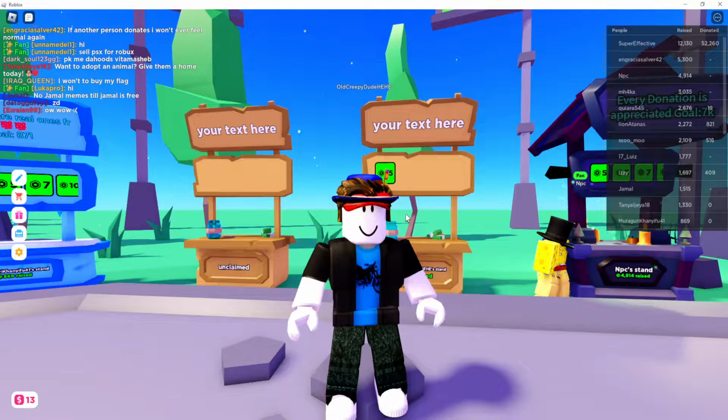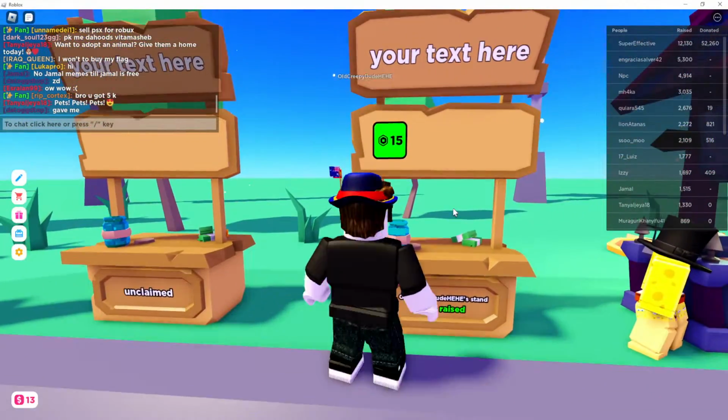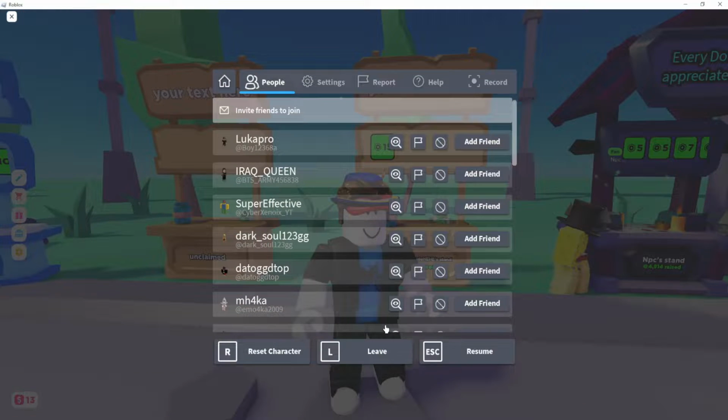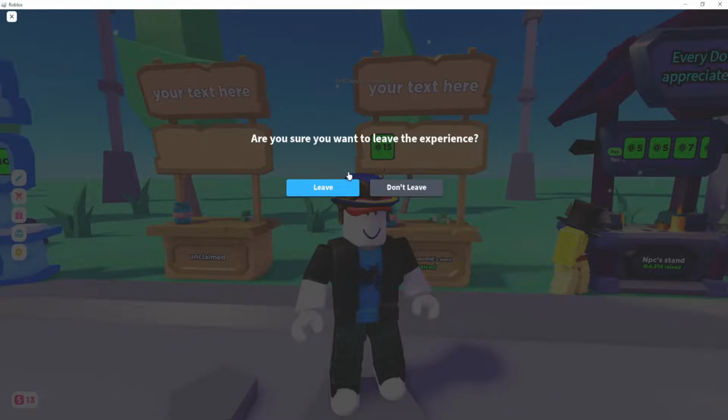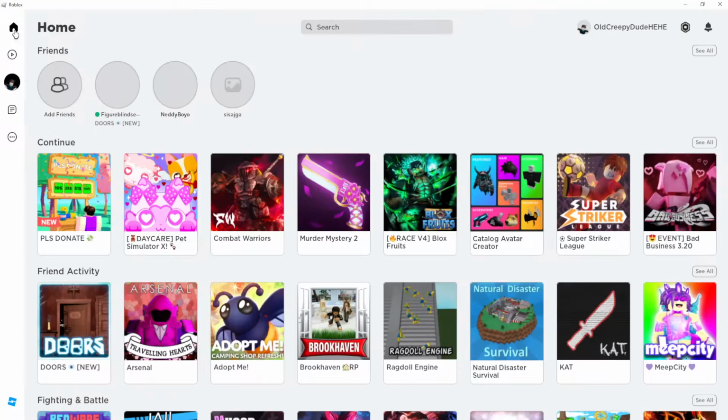In this video I'm gonna show you how you can get a free stand in Please Donate. So if you want to change this basic one, here's how you have to do it. So this one, all you have to do is press escape and then leave this game that we're playing right now, Please Donate. So click on leave, then simply go to your main Roblox page, and here we want to